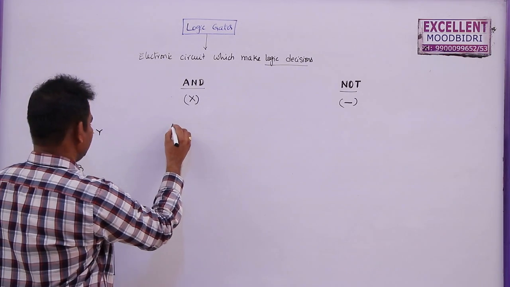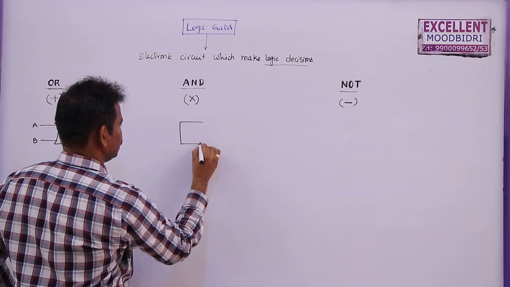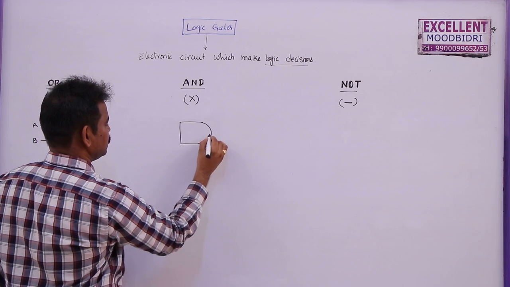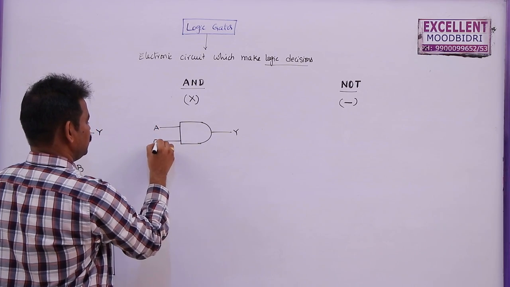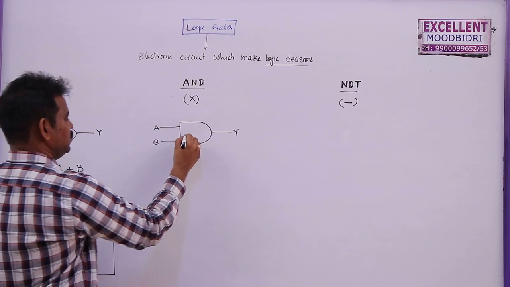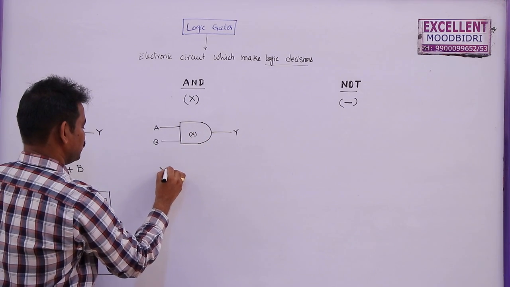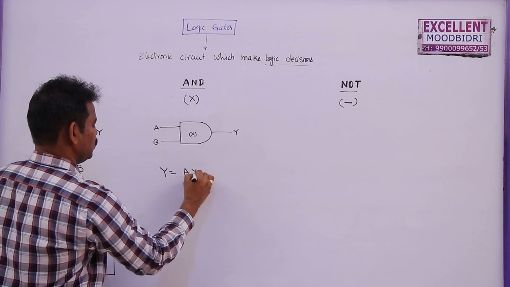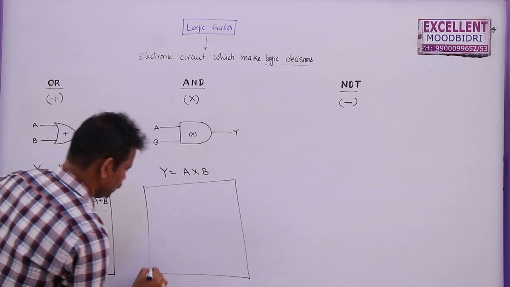Now for the AND gate, we will represent the AND gate like this. This is the output, we will denote with Y. These are the two possible inputs, maybe 3, 4, 5. So this is a multiplication. So the logic operation here is Y is equal to A cross B, and the corresponding truth table for this one is